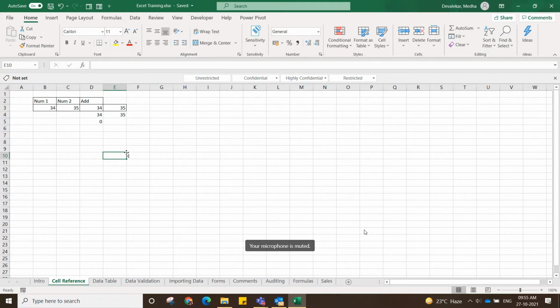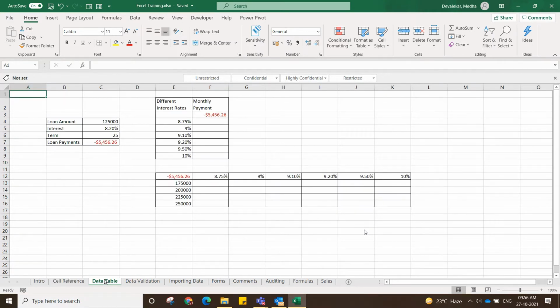Okay. So the next topic is data tables. Again here we will see how to write a formula and how you can update your formula. Now I have a table which has some values like loan amount, interest and term.